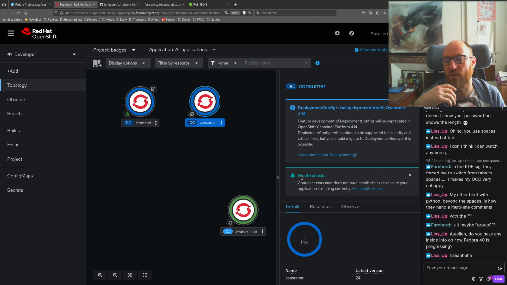It could be something that I put in Fedora messaging itself, so that all consumers benefit from it. Yeah. Not a very high priority, but it would be cool. And it would only show you that the consumer is healthy if it has started consuming messages. Yeah, that would make sense. Anyway,